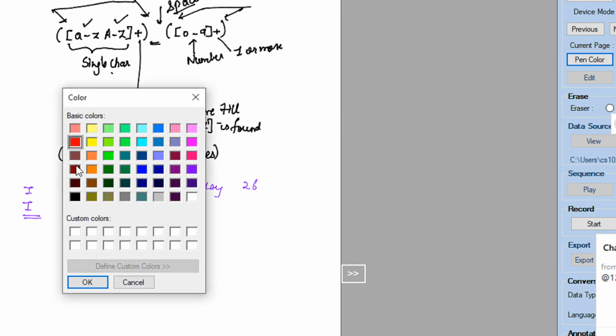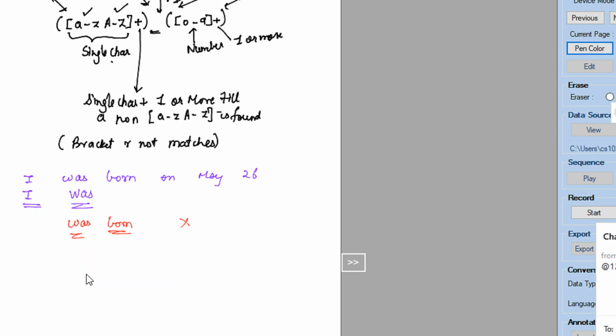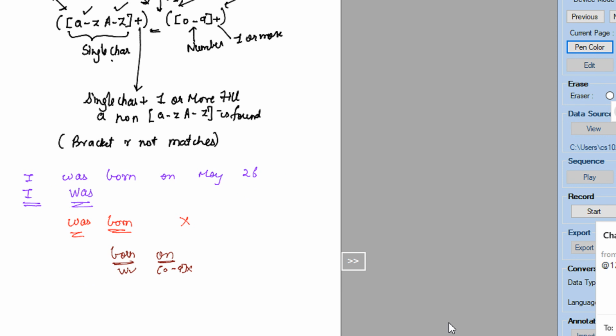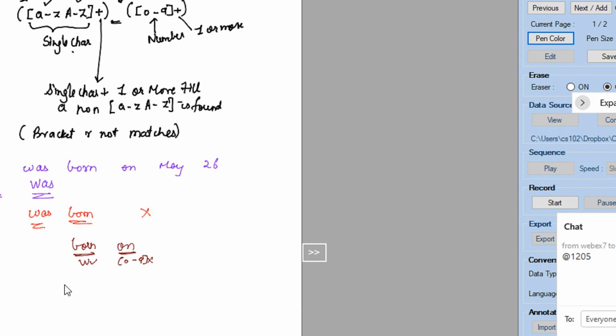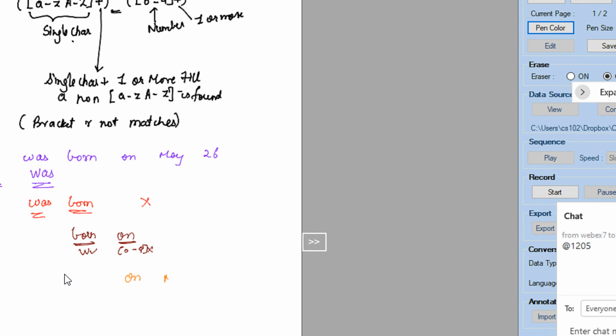Then what is the third iteration? Born on. This is how the matching actually takes place. Born on, again this is a word but this is not a number. Now in the next, we have on May. This is a word plus but this is not a number.